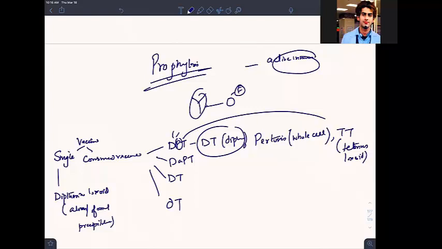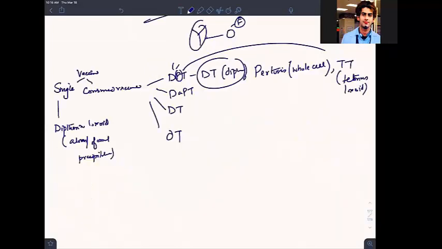The principle of immunity, I will be teaching you separately. That will be a separate video lecture in immunology. So pertussis, whole cell and TT is present. Now what is DaPT? DaPT means it contains DT, it contains TT, but P is acellular. Pertussis is acellular. Can we recognize the difference? This is whole cell, this is acellular.